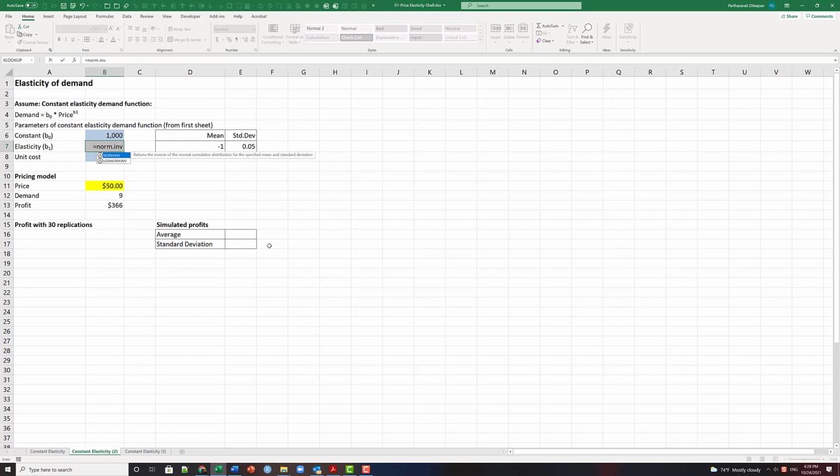We have the norm.inv function, which actually gives the z value or the x value for a given probability. So you give it a probability, then it will tell you for that probability what will be the value in the normal distribution. So what we're going to do is provide a random probability value, which is